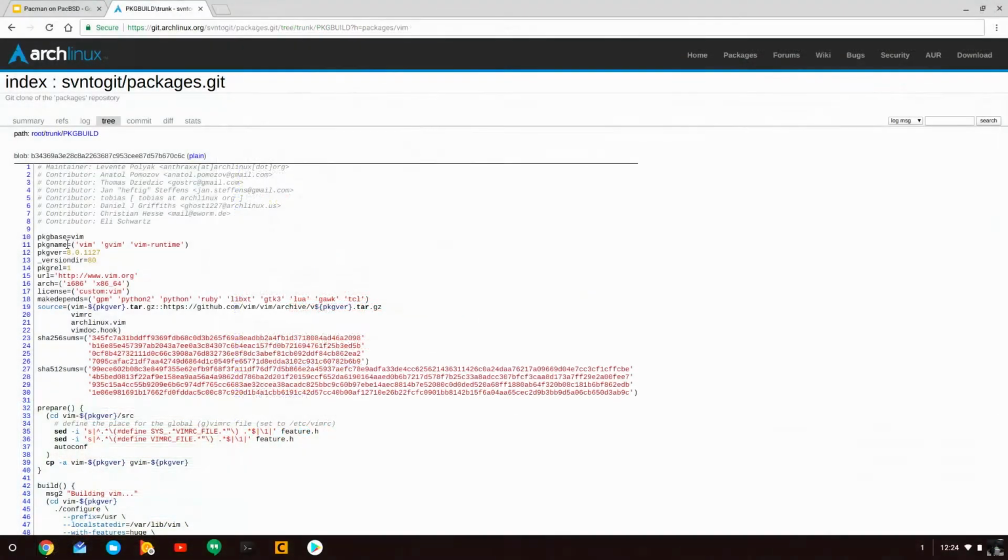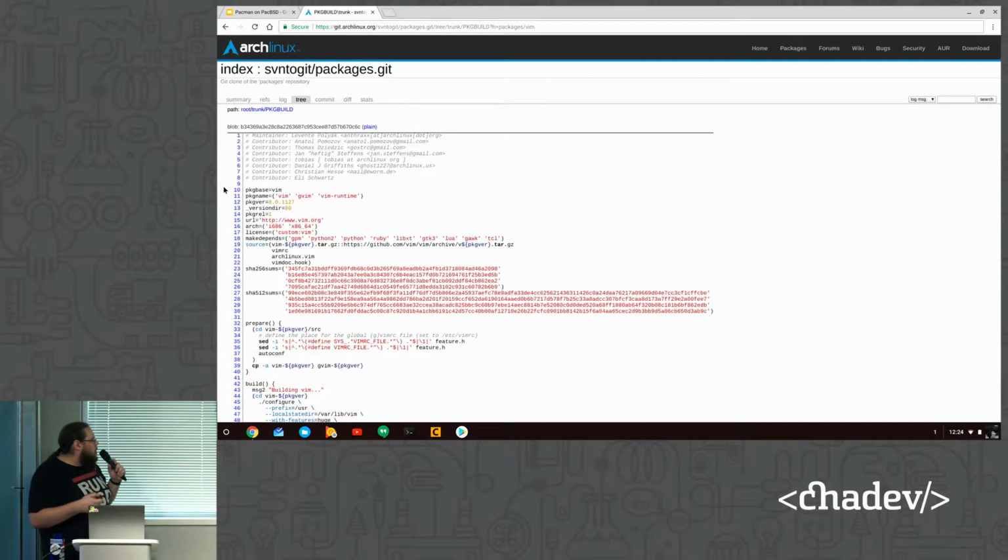And so some key things to point out: this is a split package. So when this gets run, it's going to build out a Vim, a gvim or graphical Vim, and a vim-runtime package. Because of this, you need to specify a package base, which is used for reports. And then you have the version definitions, a couple of things, so you can define the upstream URL, the license, and then